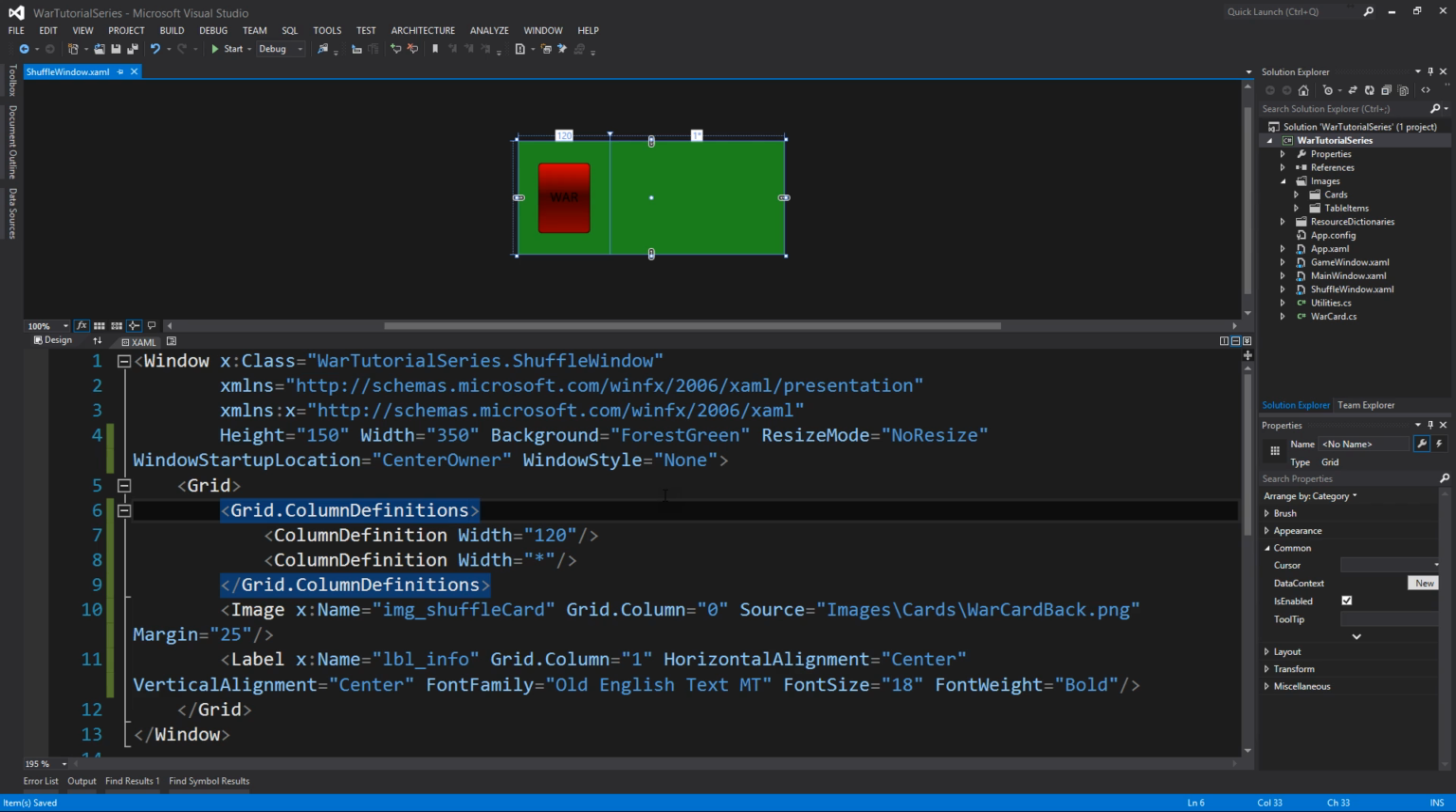Set up our constructor so that we can set the owner of this window, so we can center that inside of its owner. Now we got to set up the animation for this card here to turn, and that's basically all we got to do for the